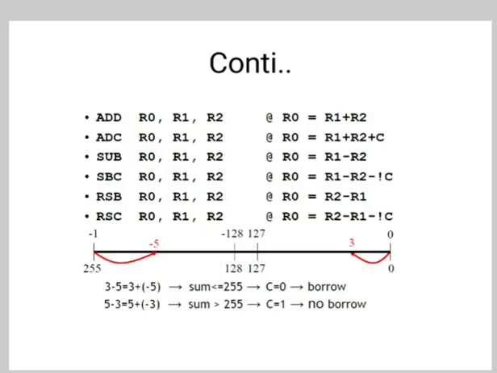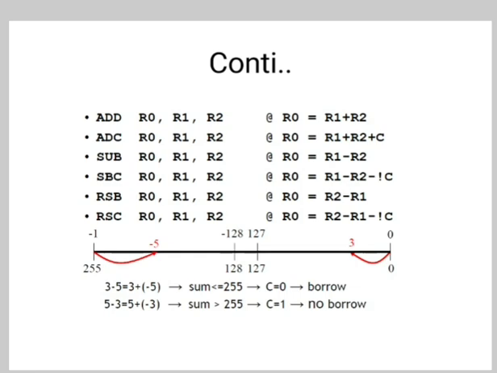So we can see here ADD R0, R1, R2. This is simple addition, the destination register here is R0, so R0 is equal to R1 plus R2. Now second is ADC R0, R1, R2. The destination register is R0, so the output will be stored in R0. ADC, that is, add with carry, so R1 plus R2 plus carry, and this answer is stored into R0.